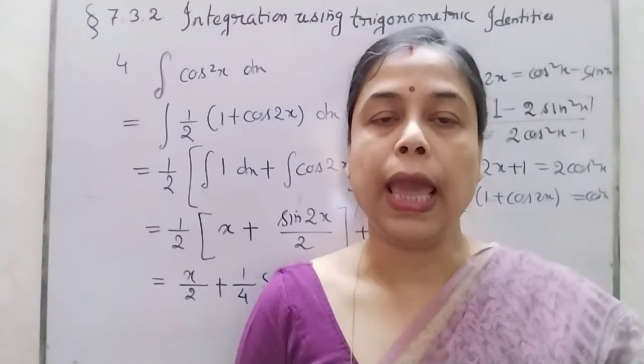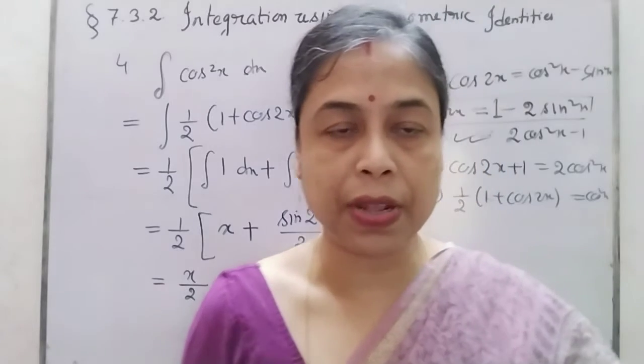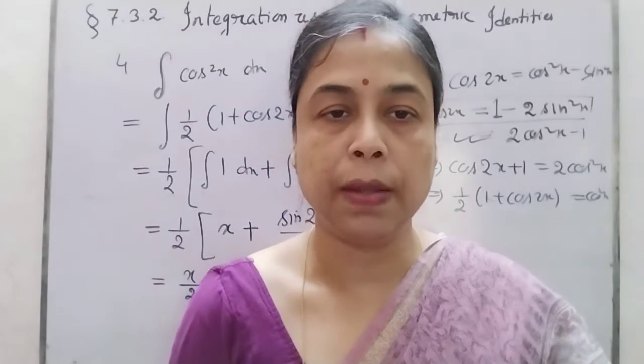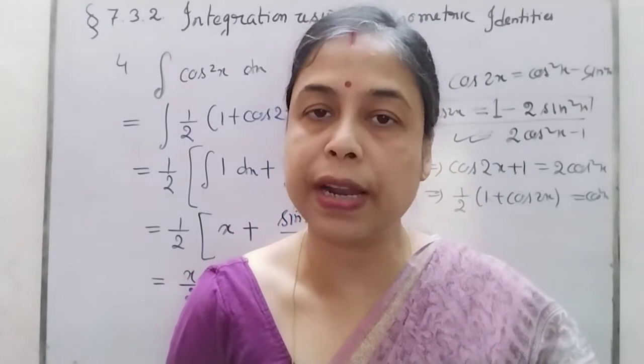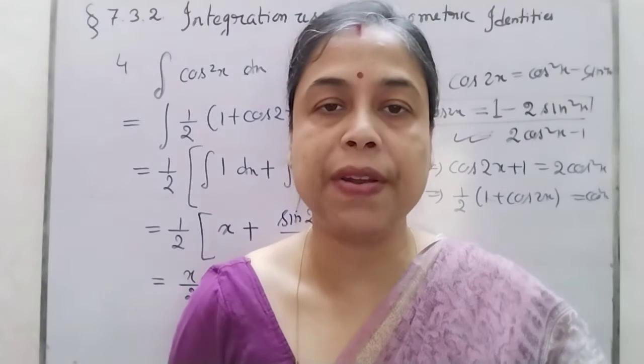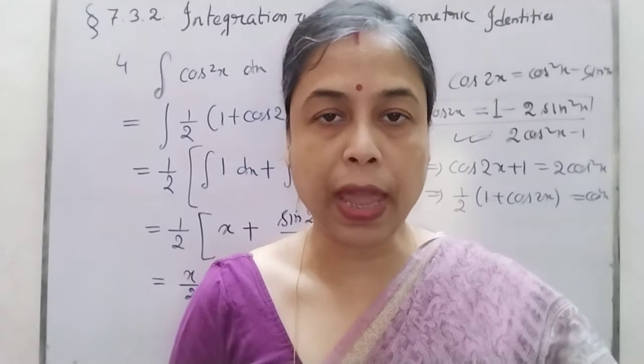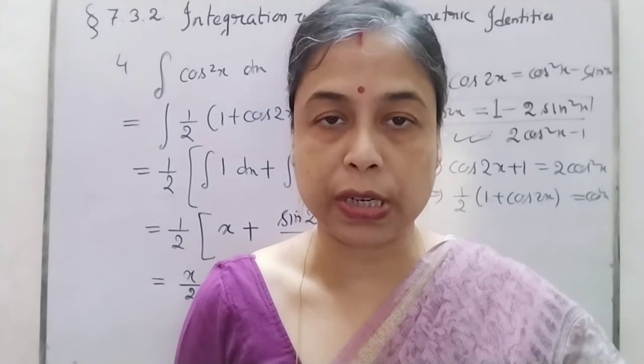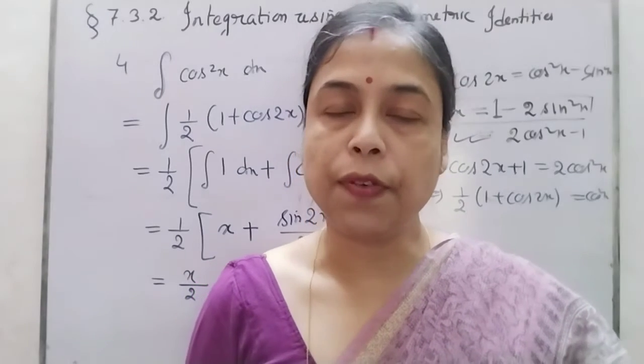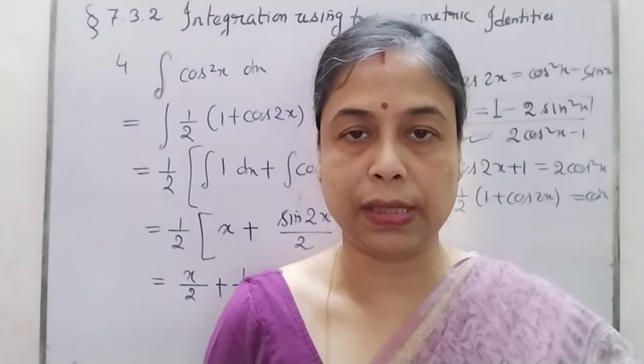Now you see, we have derived all the formulas for square functions. Direct formulas are for sec square and cosec square. Today I have derived the formulas for tan square, cot square, sin square and cos square. Okay, so try to remember, these are very important formulas. As a formula you have to remember these integrations.